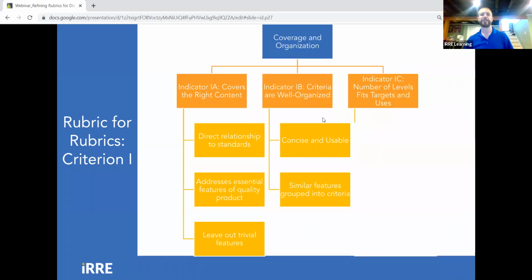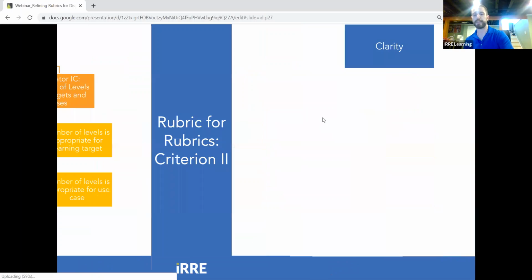So we want to make sure that we're using simple language to convey that expectation to students, as well as make our expectations clear. We also want to group similar features into those criteria. So when we talk about coverage and organization, all 3 of those indicators, like does it cover the right content, is it well organized, and the number of levels, all fit into how the rubric is built. So as we look at that last column,